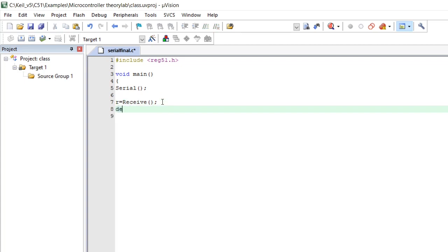Then you're calling a delay, let it be 100. Once all the data has been received, you're calling the delay and you're transmitting the same data. Transmit: whatever data has been received, that same data you're transmitting out. Then again a delay.